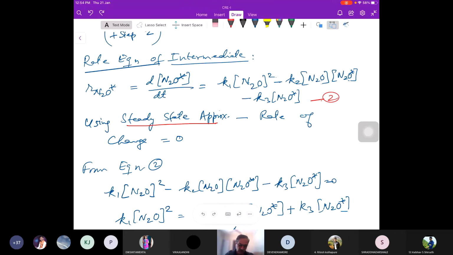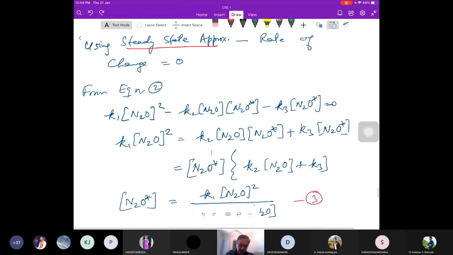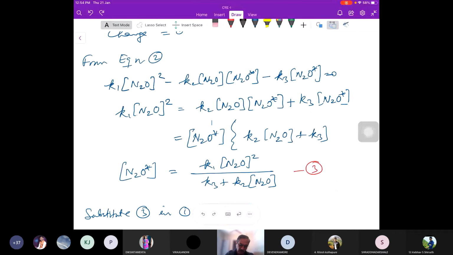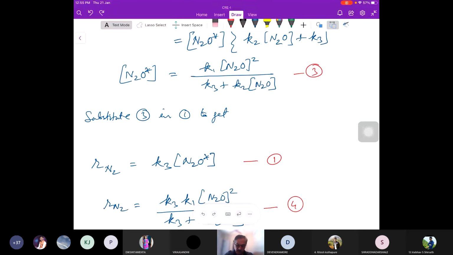rate of formation of N2O star is equal to 0 लिया तो राइट हैंड साइड बिकम्स 0, और उसको हमने सिर्फ रीअरेंज किया, N2O स्टार एक साइड लेके गए और बाकी टर्म एक साइड लेके गए, तो वी गेट N2O स्टार इन टर्म्स ऑफ N2O. समझा क्या विराज? Yes, sir. Got it. Yes. Okay. So once you get this N2O star in terms of measurable quantity, again N2 we can